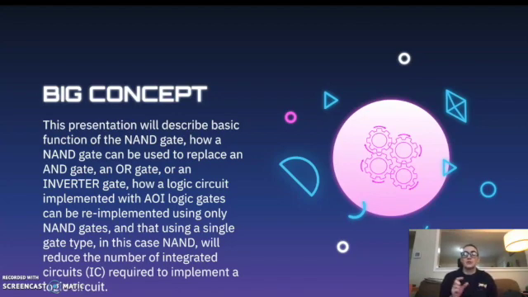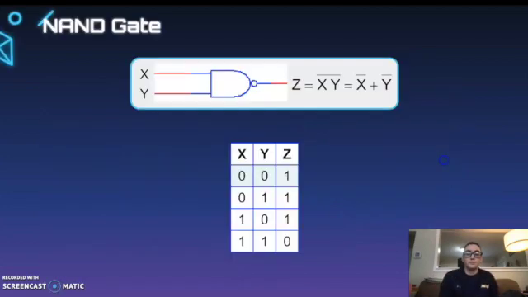We're going to look at how we can actually swap a NAND gate into an AOI circuit and replace AND and OR and inverter gates with the NAND gate. And then we are going to look at how we re-implement it, so go from AOI into the NAND, NAND into AOI, back and forth. And then we're going to compare the two so we can see how we can actually create a more efficient circuit using NAND gates. So first, let's start by looking at the truth table and the sequence of a NAND